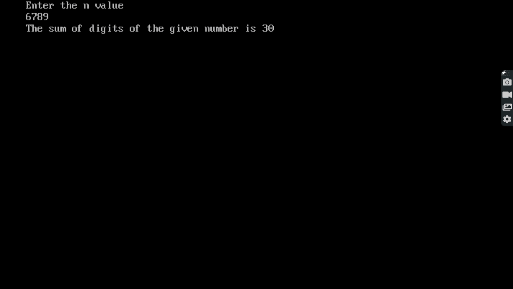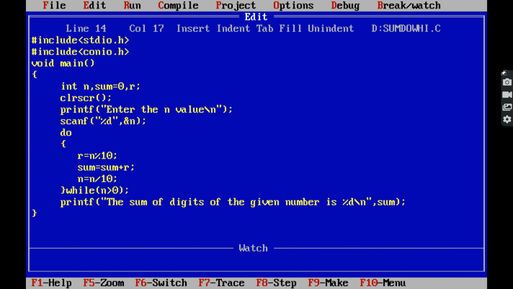So the sum of digits of the given number is 30. What are the individual digits of the given number? 6, 7, 8, 9. The sum of those individual digits is 30. So this is the program, sum of digits of a given number using do while loop.